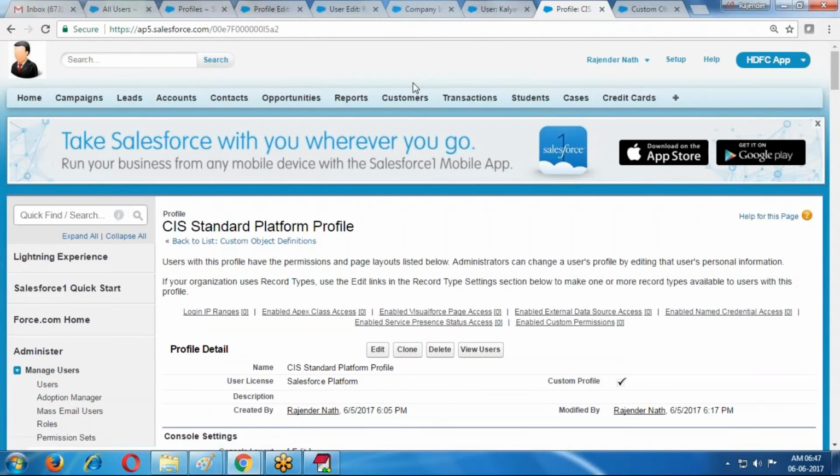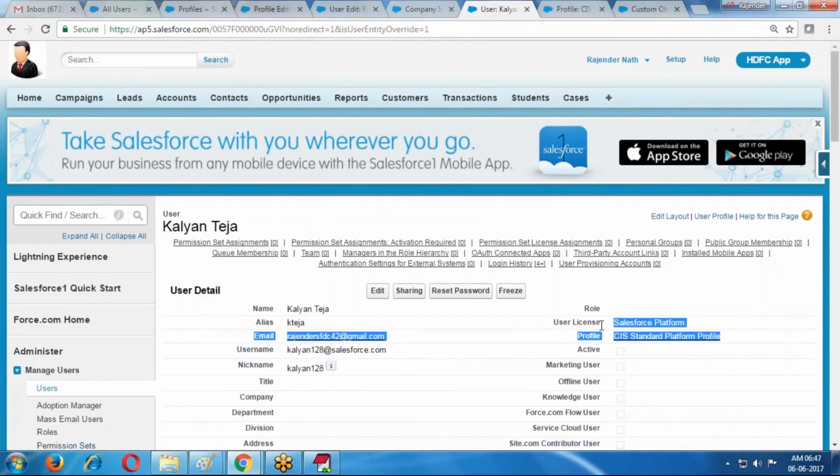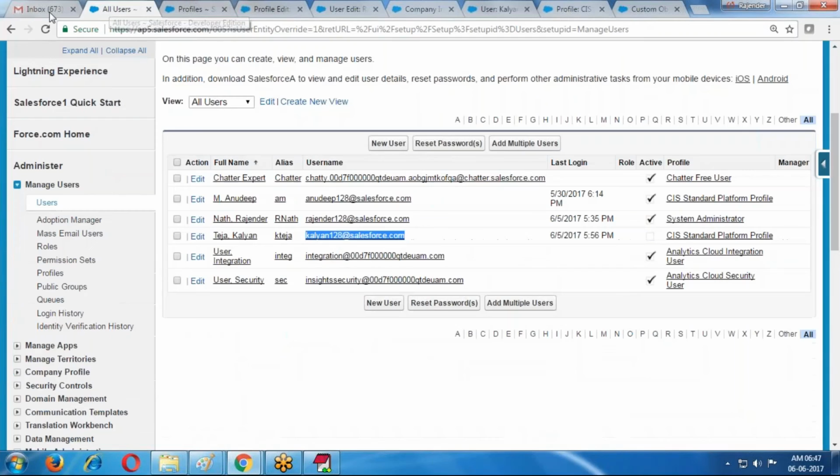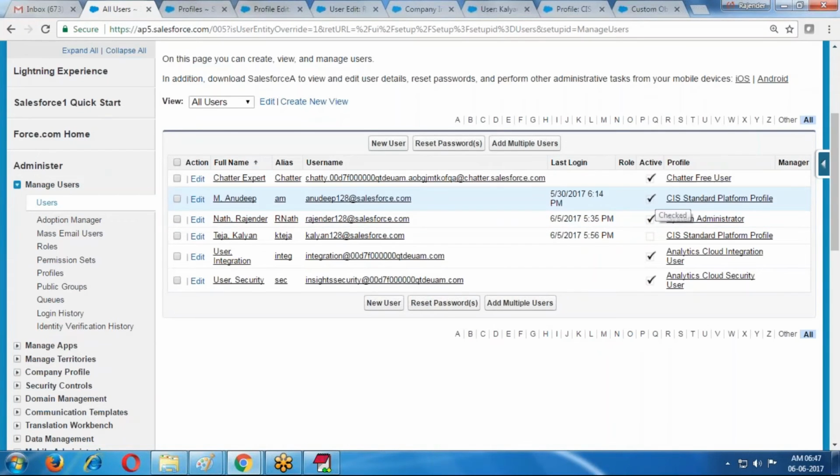Now this is the profile we assigned to Kalyan Teja as well as Anudeep. If I refresh profiles, users, Anudeep user has the same profile, and Kalyan Teja also has the same profile.